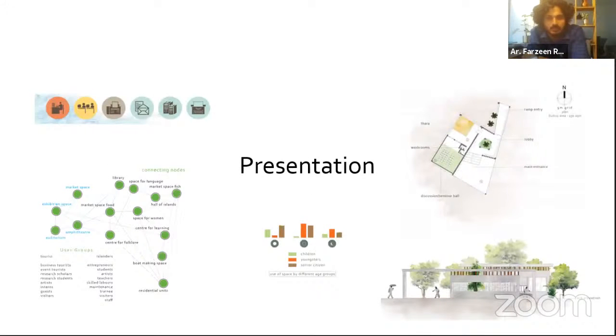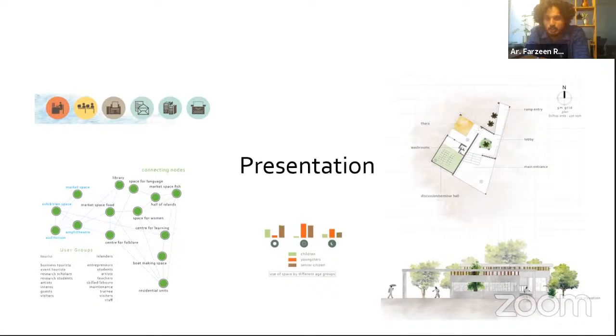So next, the presentation. It's the main part, I would say. After the design, you are going to the presentation. So it should be self-explanatory. I don't think you need to write a whole paragraph explaining what you did, or all your design. Nobody is going to read that. So in presentation, you just need to understand that quality is important, not quantity. You don't need to bring 25, 30 sheets. Just one sheet with better quality is enough, I think.